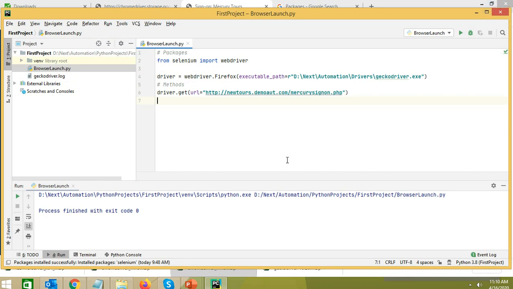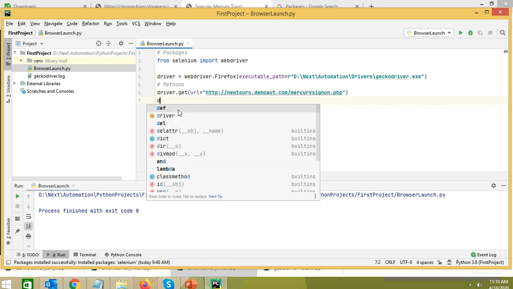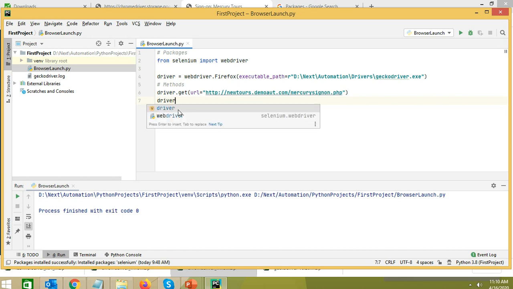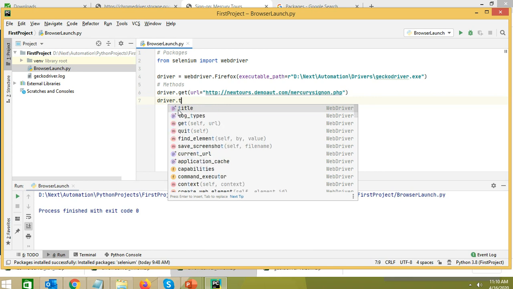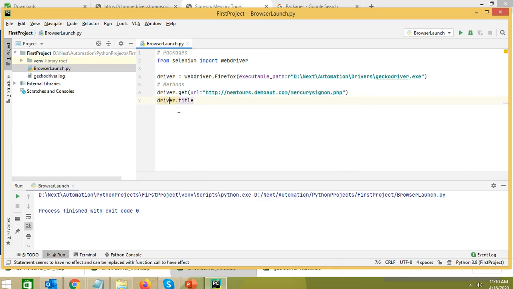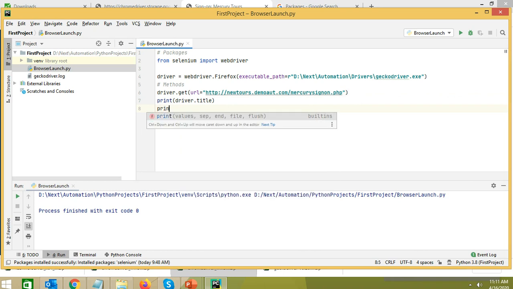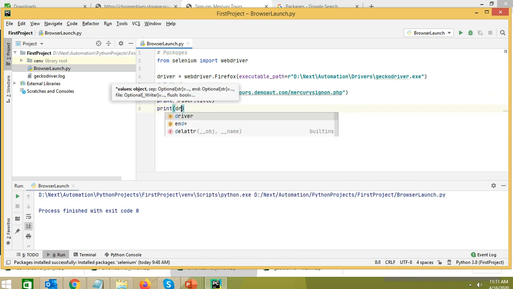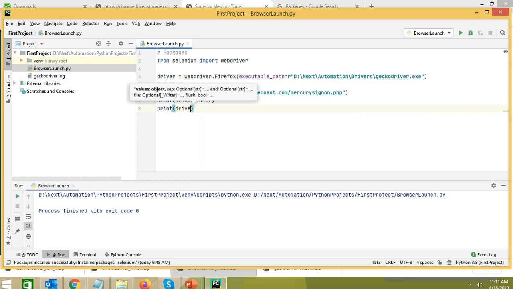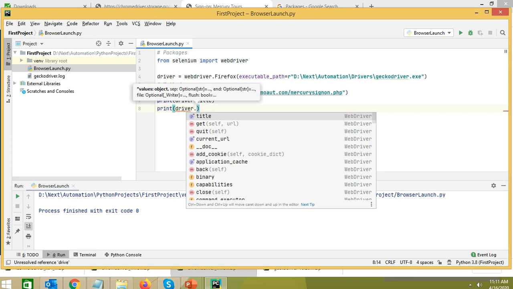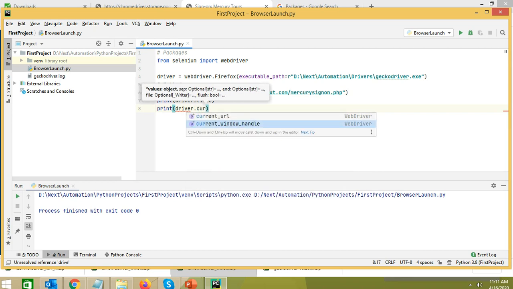Close this. Okay, we can also write one method, that is driver.title. Okay, and just print this. Also, if we want to check what is the current URL, use this method driver.current_url.